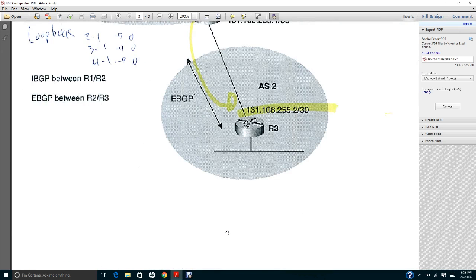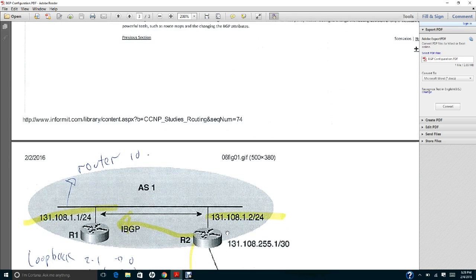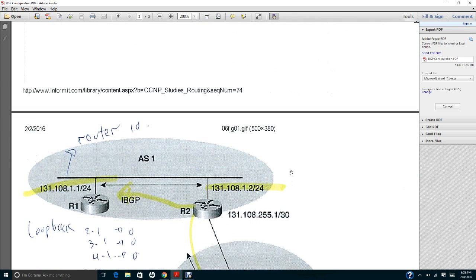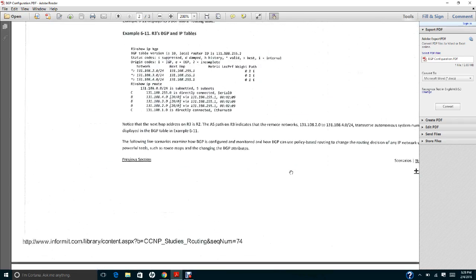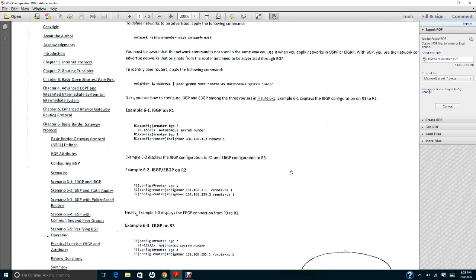So the first thing that we need to do in this diagram, we're gonna configure R1, which is the interior one. The command for this is router BGP 1 and then neighbor 131.108.1.2 remote-as 1.